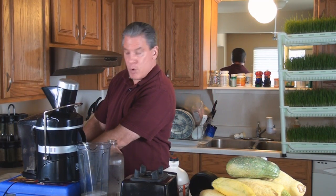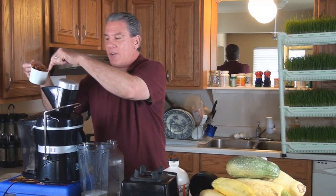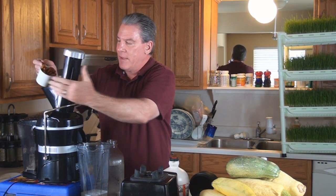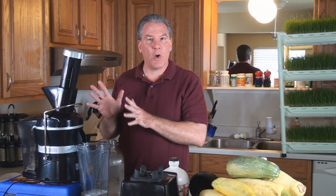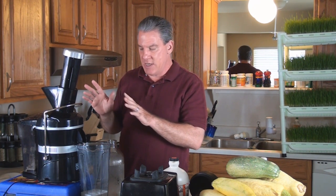So when you're doing this with almonds, by the way, you should be putting them in here. That way they don't jump out. I usually lift this up a little bit. So I pour the almonds in, and I listen, so they're not bouncing. Once they're not bouncing anymore, and it sounds like the sound is changing,